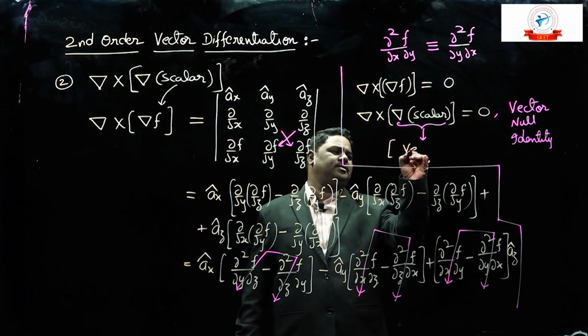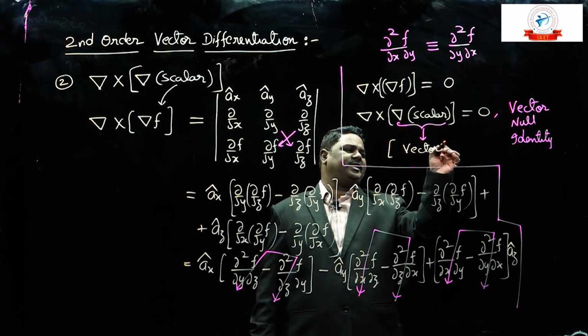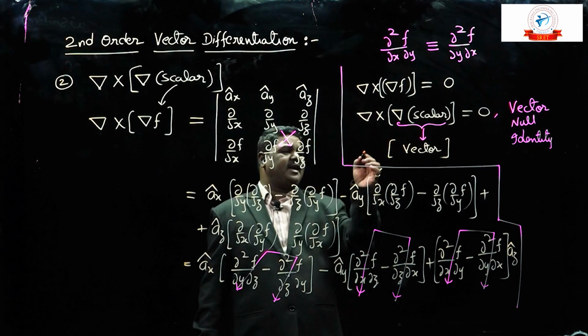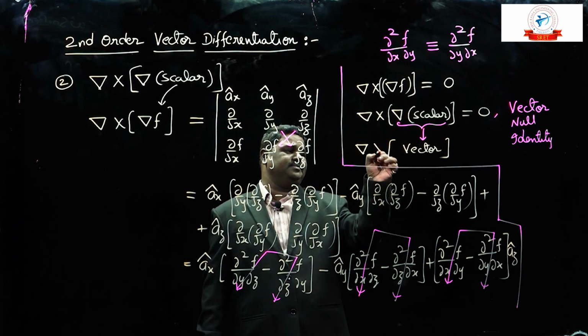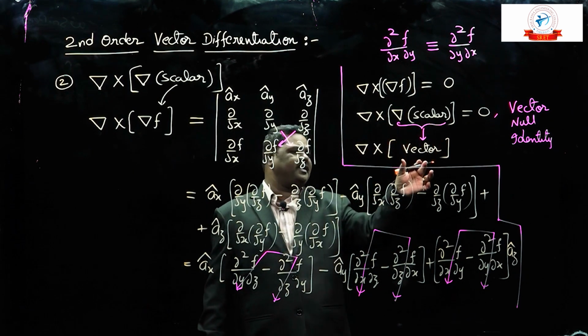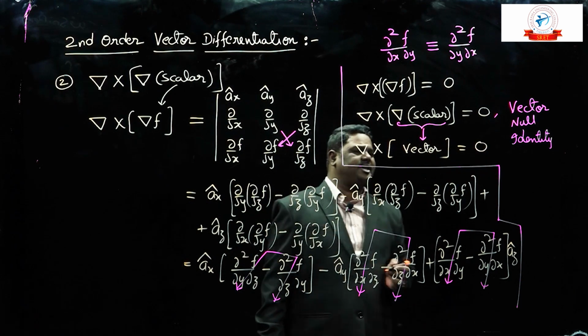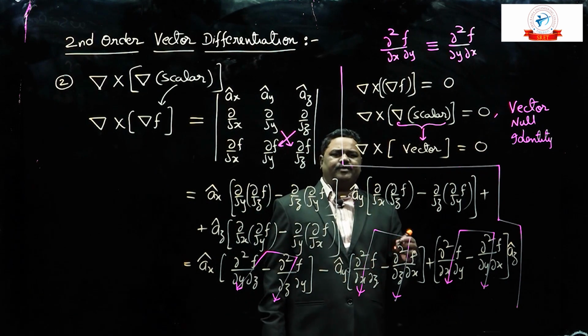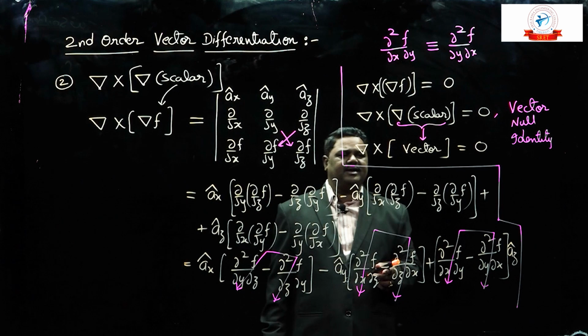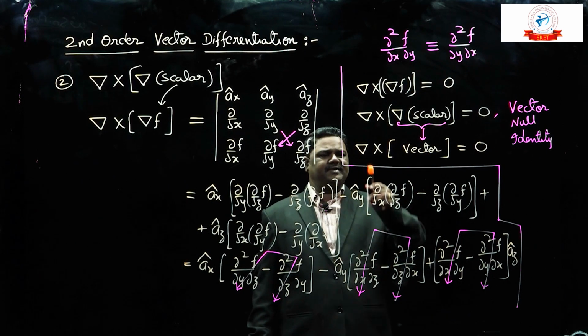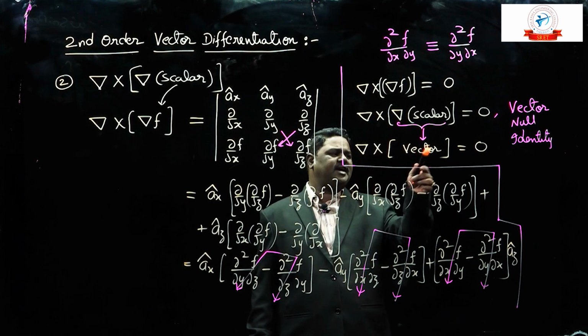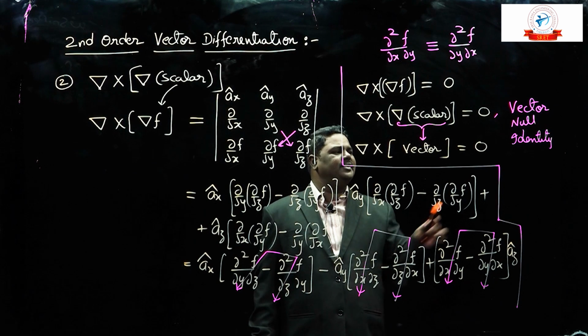This is a vector quantity, and write the remaining equation as it is. Curl of this vector quantity is equal to 0. So whenever we obtain an equation like this, curl of any vector is 0, then without changing